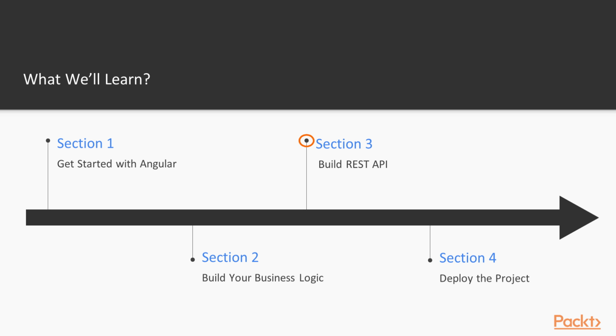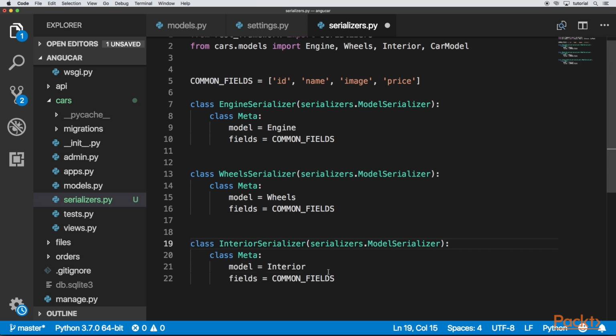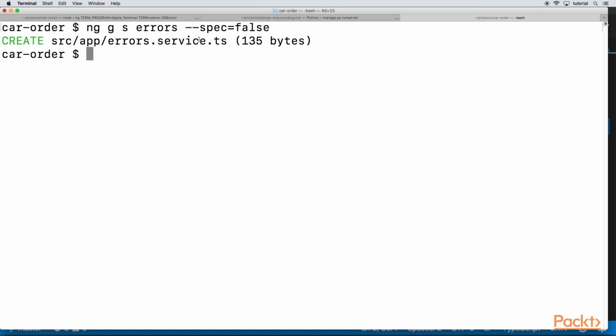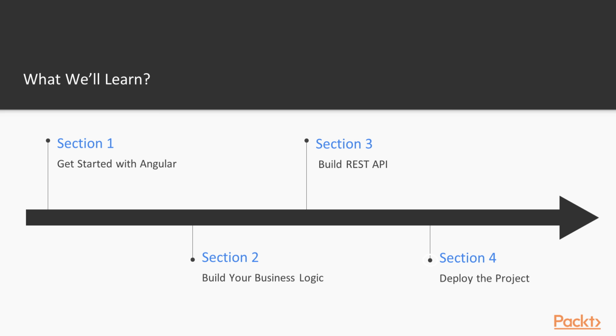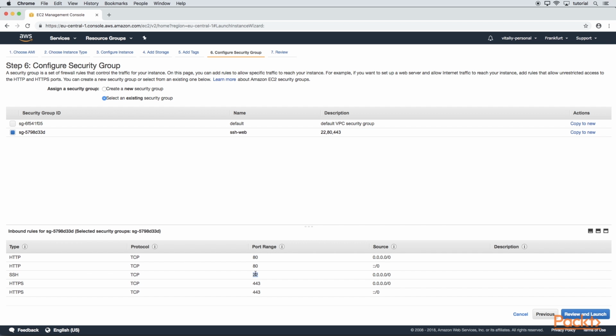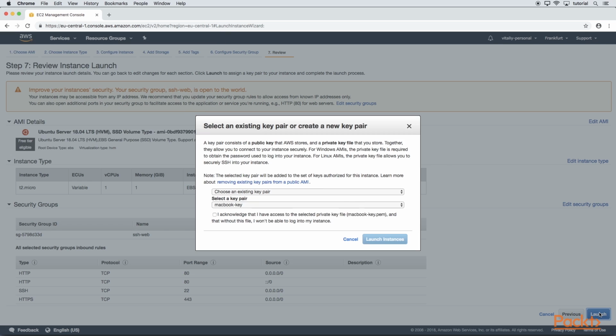In the third section, we will prepare our Django backend with REST API and we will learn how to transfer TypeScript data structures to Django models. And finally, we will deploy our app to a production server and we'll learn all the key